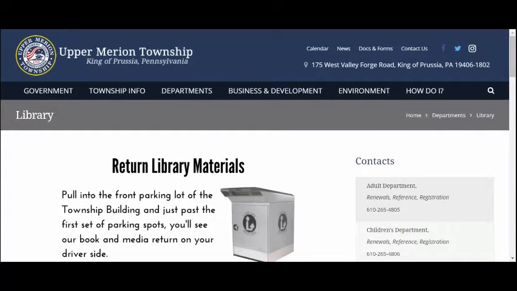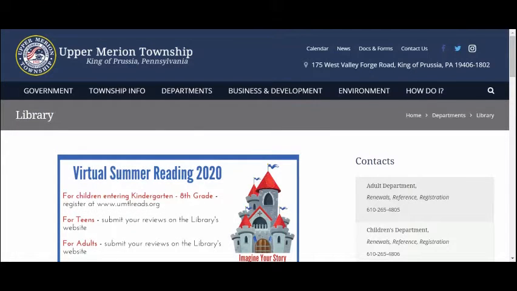I'm going to show you how to access ebooks and audiobooks using Overdrive, which is one of the tools that we have through the library that's included with your library card. So the first thing you're going to want to do is go to the library's website,